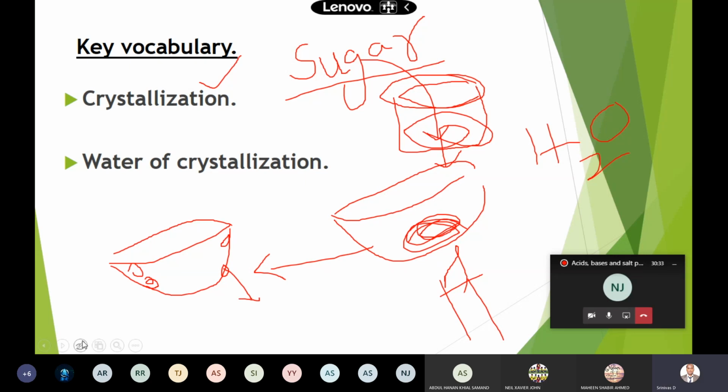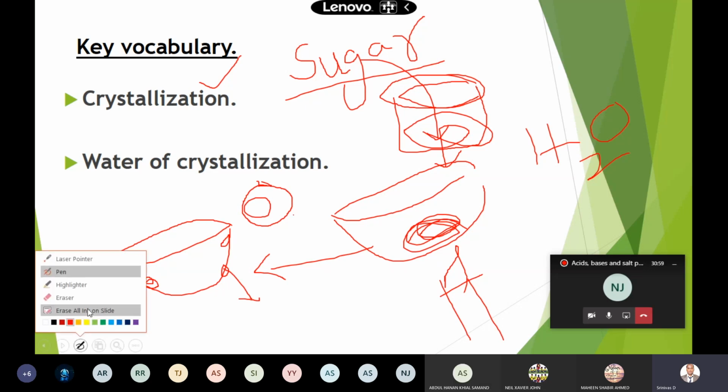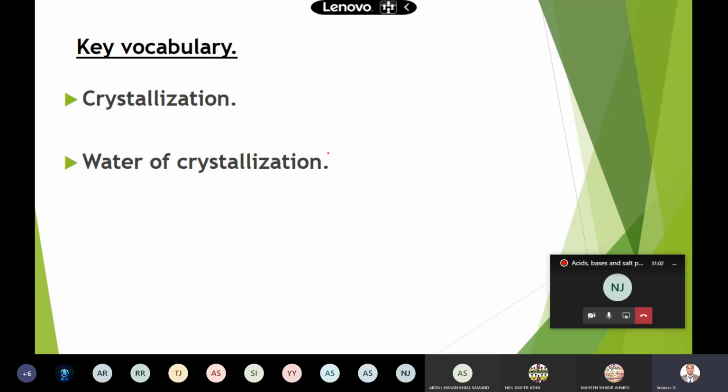Maybe you see this and eat without thinking. If you buy some sweets and other things from shops outside, maybe they made them the other day. You will see some white crystal salt or sugar over those eatables, like this gulab jamun. You'll see something white formed over it. You can observe this. That is crystallization.